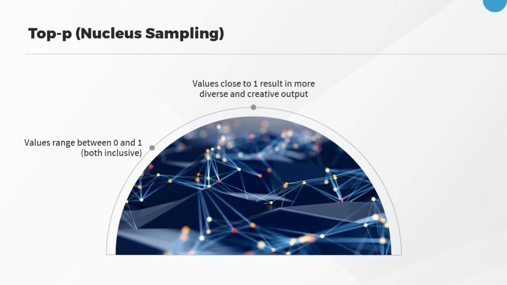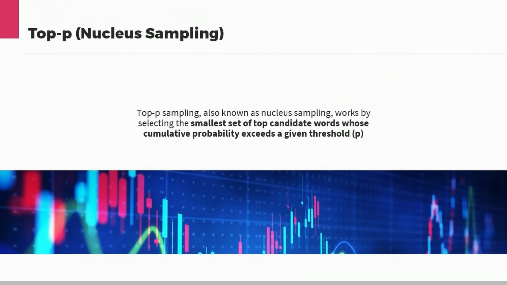Higher top P values, such as values close to 1, 0.9, or 0.95, allow for more diverse outputs by including a broader range of words or tokens to choose from. Lower values of top P, such as values close to 0, maybe even 0.3 or 0.4, restrict the output to highly probable tokens for more focused and deterministic results. The top P parameter, also known as nucleus sampling, works by selecting the smallest set of top candidate words, that is, words with the highest probability score whose cumulative probability exceeds a given threshold, and that's the threshold we specify